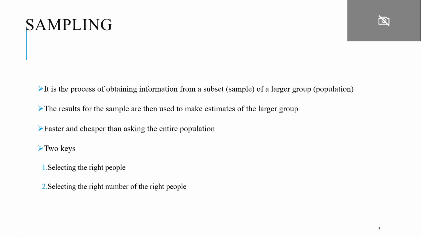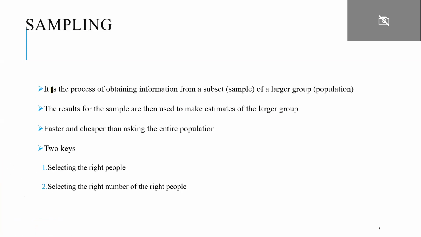But it is impossible to include all the elements in the population, because you have limited time, limited cost, and limited resources. So in that case, sampling plays a very important role. Sampling is the process of collecting samples from the population. As per the definition,